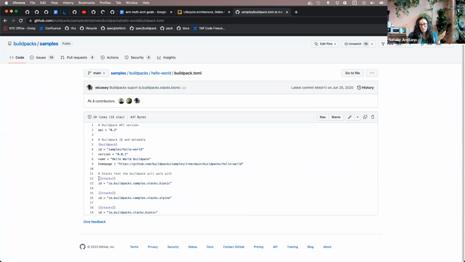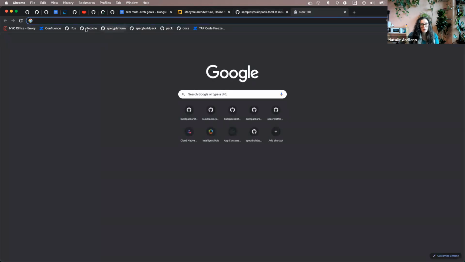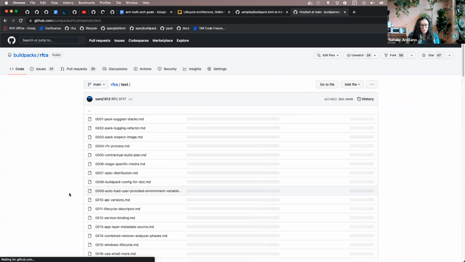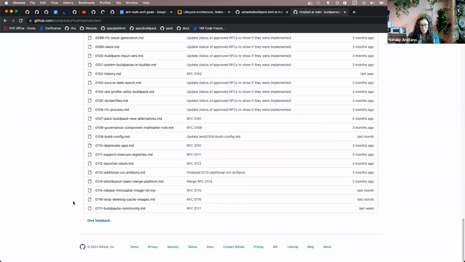So you think, all right, well, I guess this stack is Linux AMD 64, but who knows? That is before we get to a world where buildpacks are flexible. We have this RFC, the remove stacks RFC, which should really be called remove stacks and replace it with more useful information.